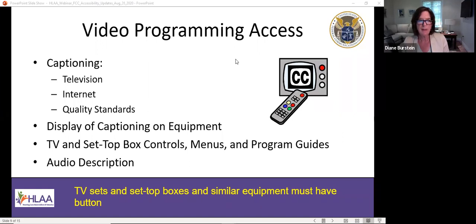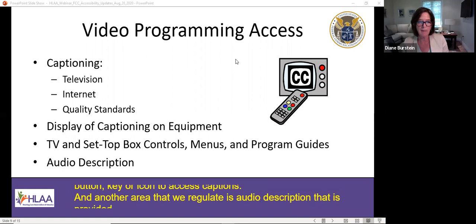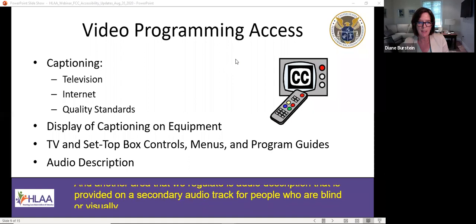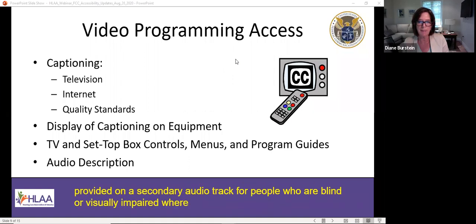And another area that we regulate is audio description that is provided on a secondary audio track for people who are blind or visually impaired, where it fills in some of the places in a program where there is no audio.